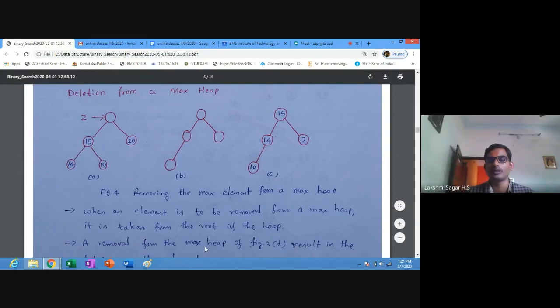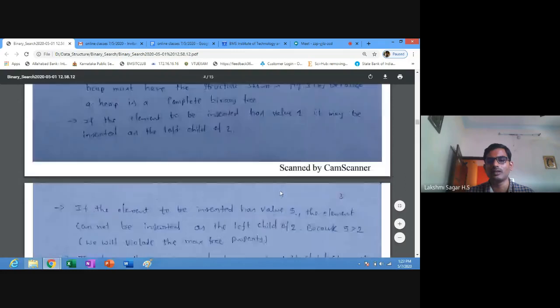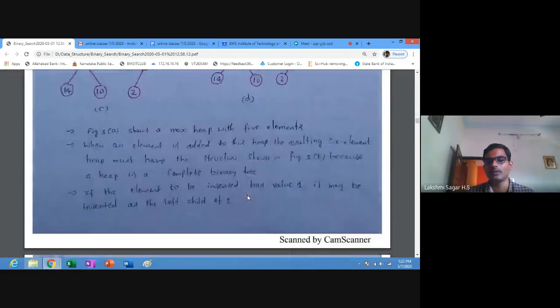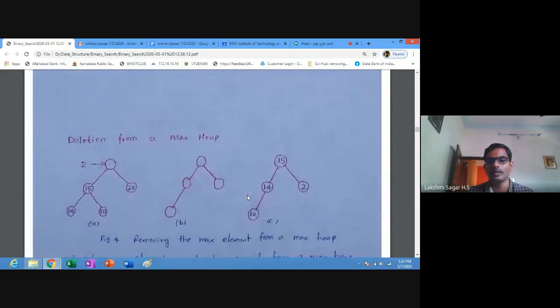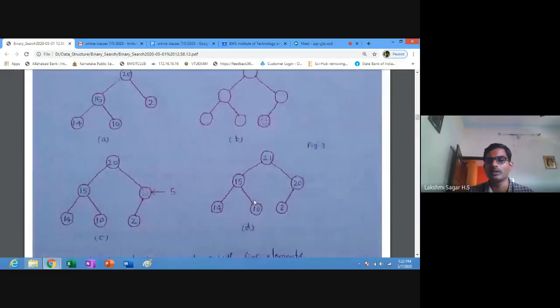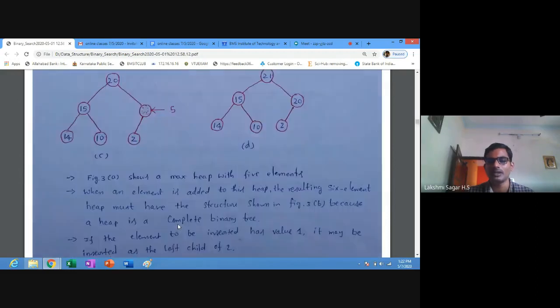A removal from the max heap of figure 3D, this one. If you are removing the element 21, then we need to rearrange this tree diagram.